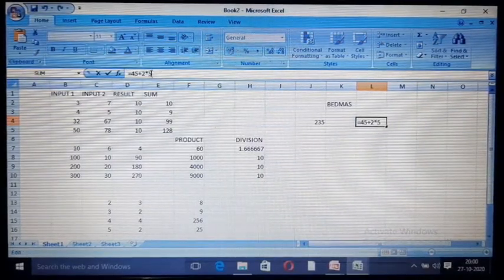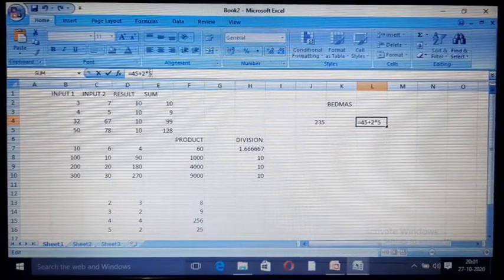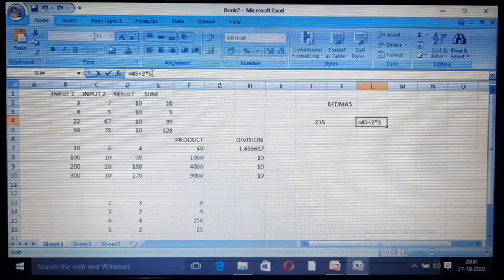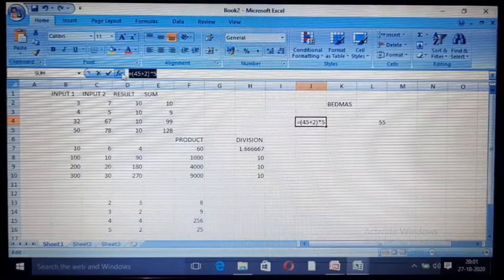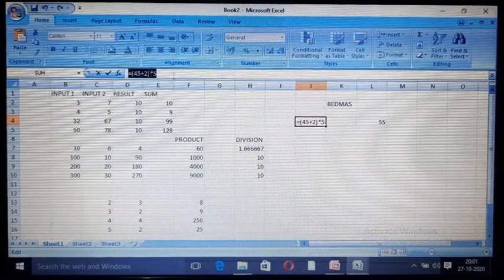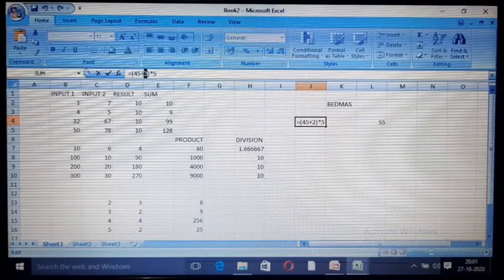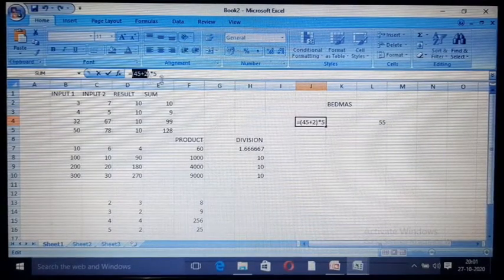Here, calculating 2 multiplied by 5 is 10. Then 10 plus 45, the answer is 55 here. Now here the bracket has the highest priority, so we'll calculate this bracket first. That is 45 plus 2 is 47. After that 47 into 5 is